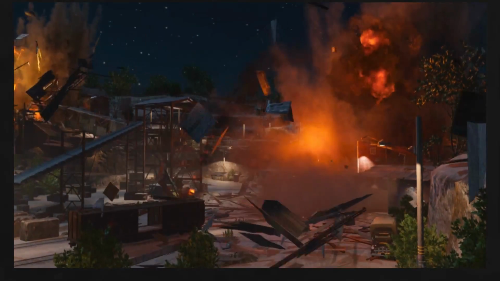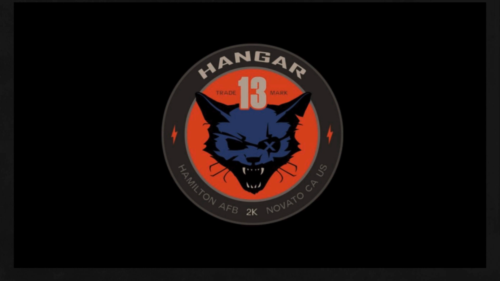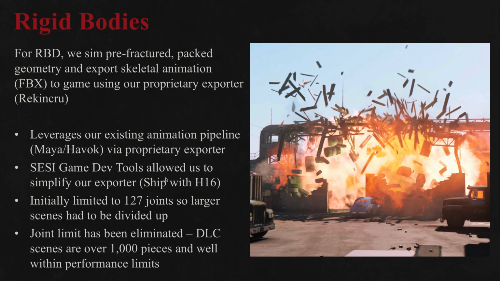Again, that's some pyro and traditional real-time effects content as well as rigid bodies. Diving a little bit deeper, we use pre-fractured packed geometry typically. It's very, very efficient. It leverages our existing animation pipeline, so it makes it very efficient for us. Side Effects released some game dev tools that really helped us out, and we actually were able to streamline our